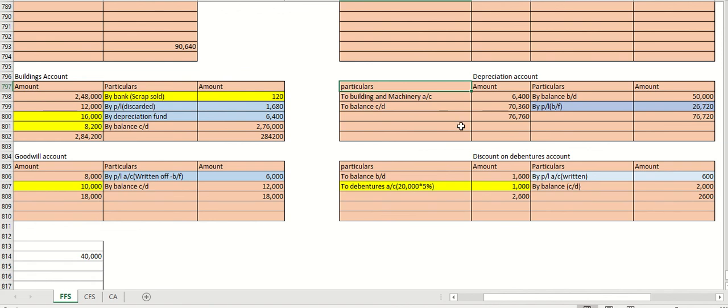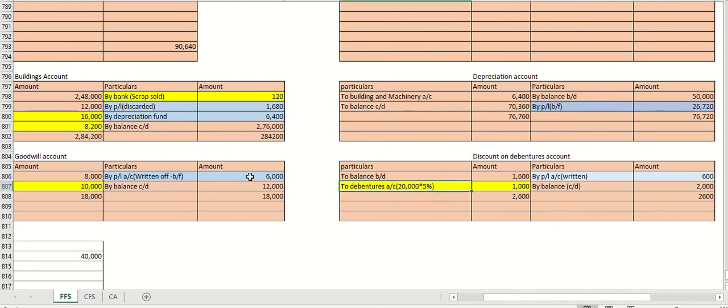70,360. Now if you see in your buildings and machinery account, we have our depreciation, so the corresponding entry will come here to buildings and machinery account 6,400, and we have the balance which is 76,720, which will be put in your profit and loss adjustment account. We total it up, we get